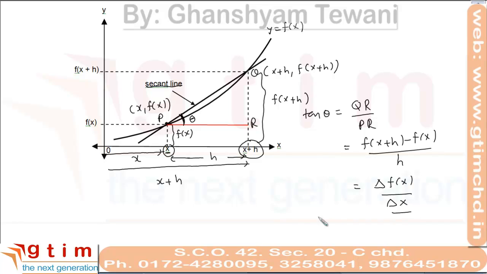Now consider a situation when point Q is traveling along the curve to point P. It is traveling along the curve from Q to P like this. Suppose at one time Q point is here, P point is fixed here. We are not moving point P, only point Q is moving. This time if we join point P and Q like this,